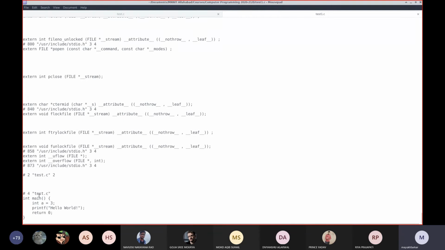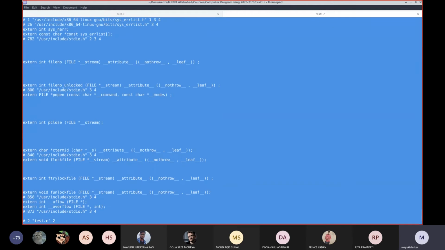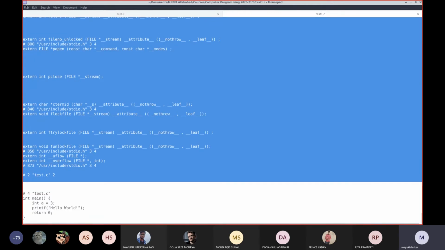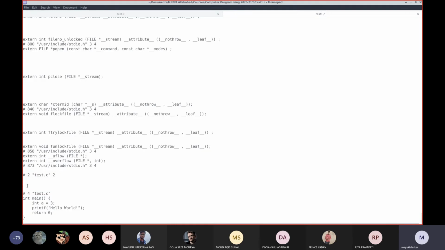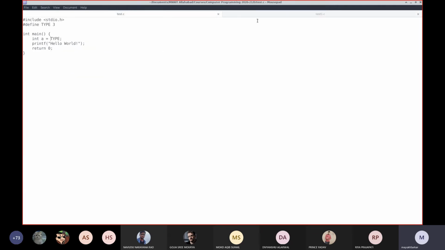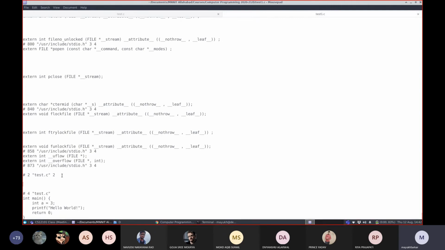And as you can see, hash include stdio.h is not there anymore. Rather, the complete content of that stdio.h is here all the way up. That hash define type 3, this int a has been replaced with 3,